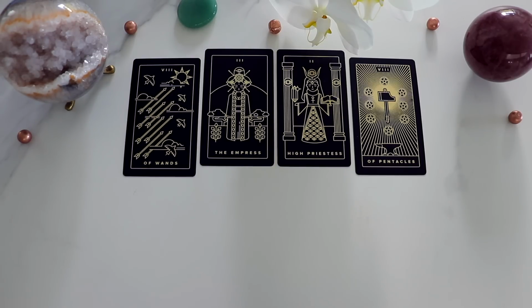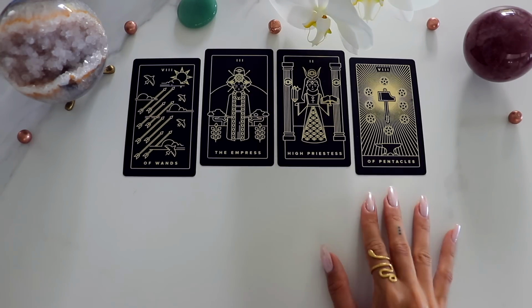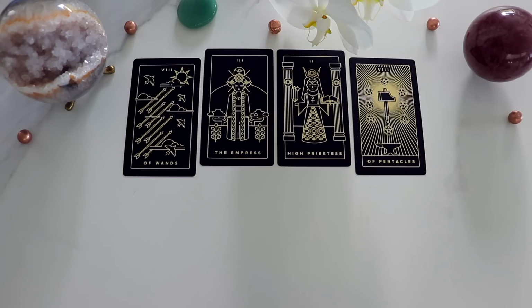If you were given the same task, you would be able to visualize it in such a way and have such a knowing about what you need to do in order to get the end result that you are thinking about, that I feel like you would be the first one done, even if you started kind of late on it. I feel like you just have incredible vision, and you're a natural born leader, but I feel like you don't necessarily go out of your way to step into a leader position very often,